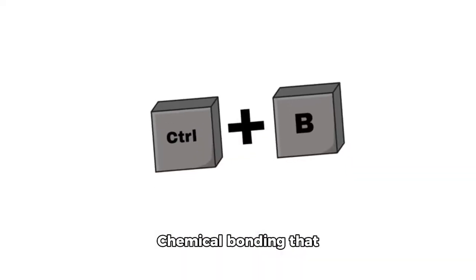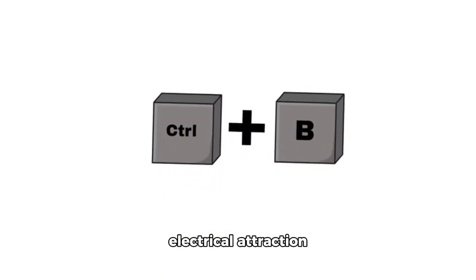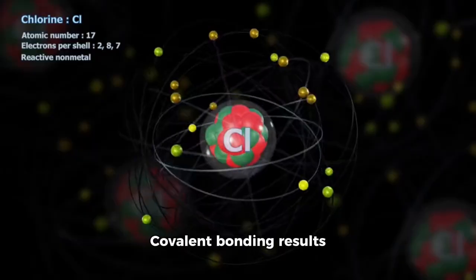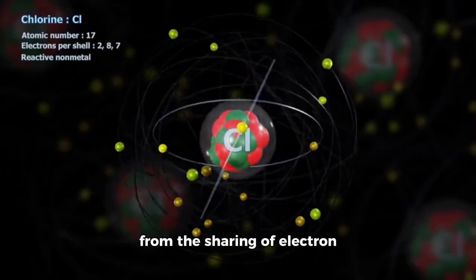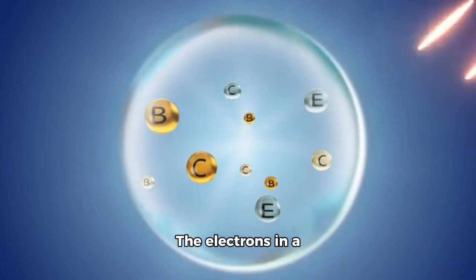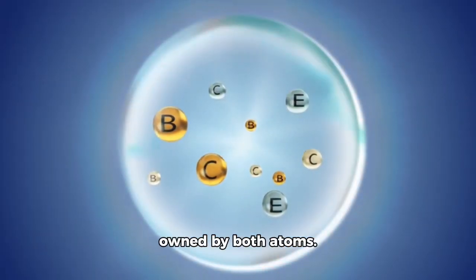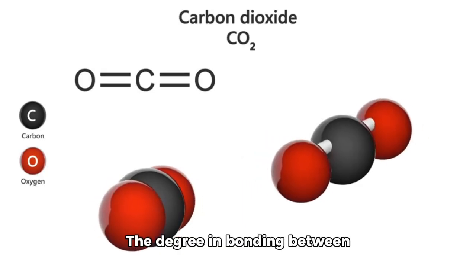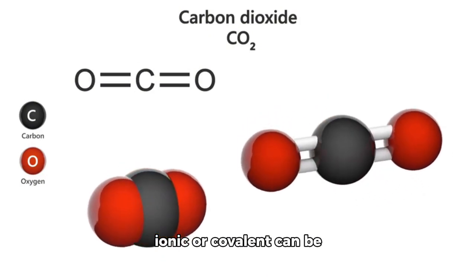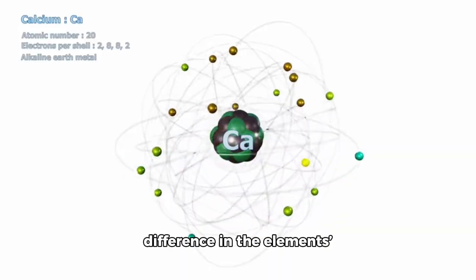Chemical bonding that results from the electrical attraction between cations and anions is called ionic bonding. Covalent bonding results from the sharing of electron pairs between two atoms. The electrons in a purely covalent bond are owned by both atoms. The degree to which bonding between atoms of two elements is ionic or covalent can be estimated by calculating the difference